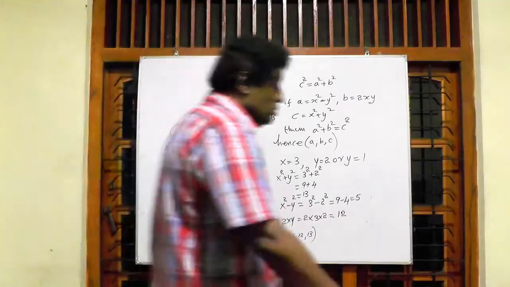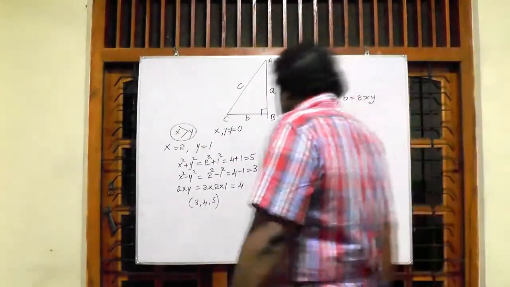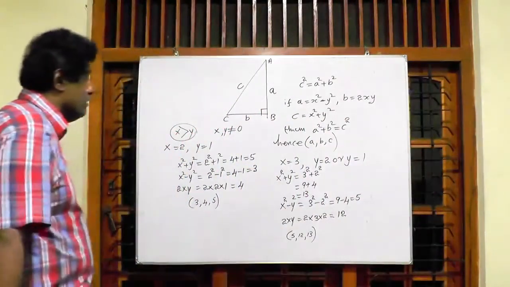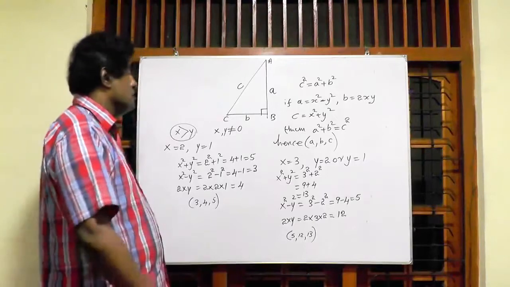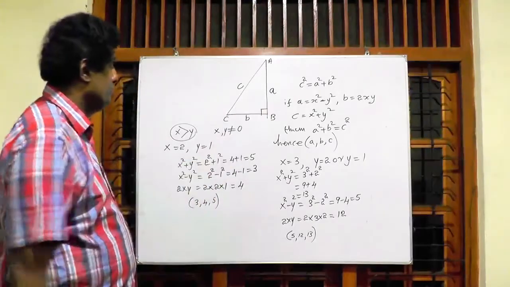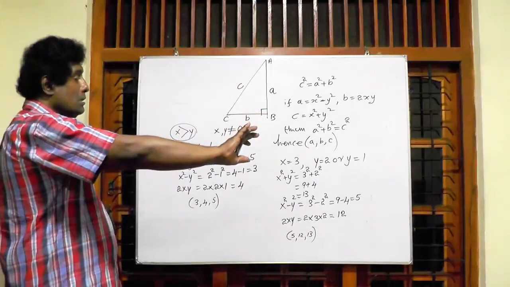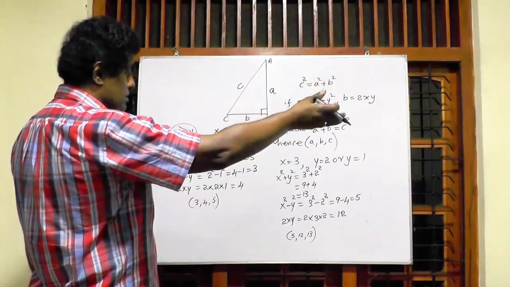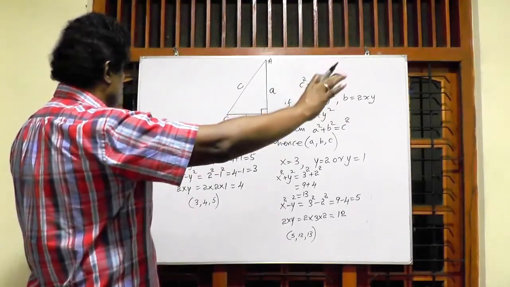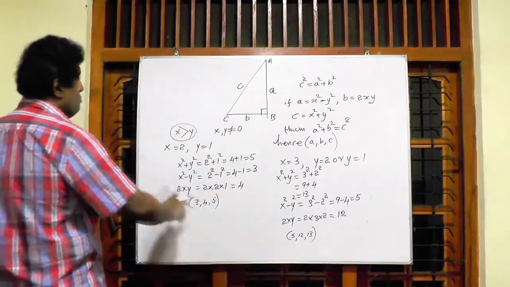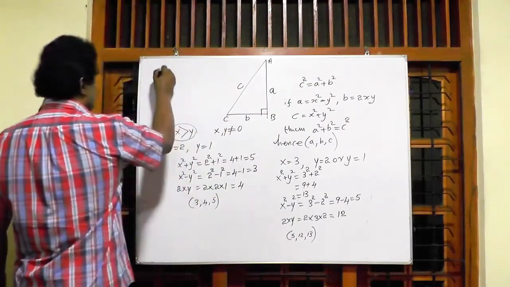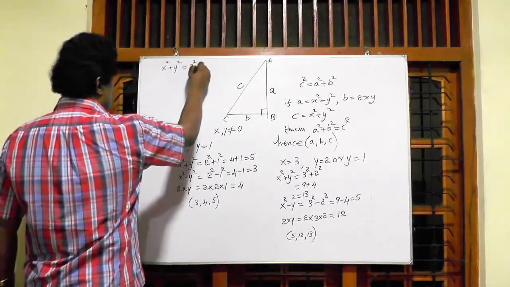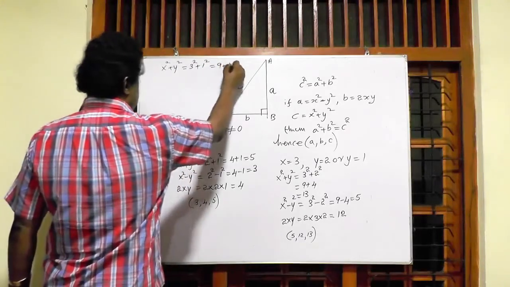Okay. Now I am going to give some idea about taking another Pythagorean triple by using 3 and 1. When the value of x is 3, the value of y is 1. If x equals 3 and y equals 1, another Pythagorean triple can be obtained. Now I am going to take it here. Then what is the value of x squared plus y squared? That's equal to 3 squared plus 1 squared. Then 9 plus 1 is 10.